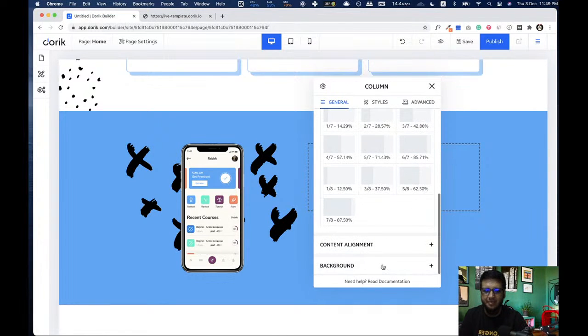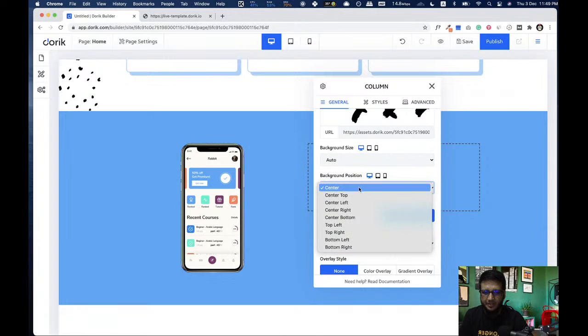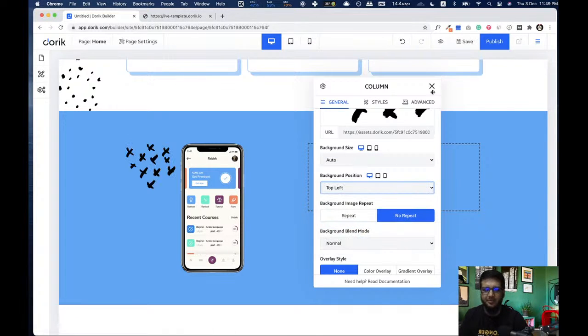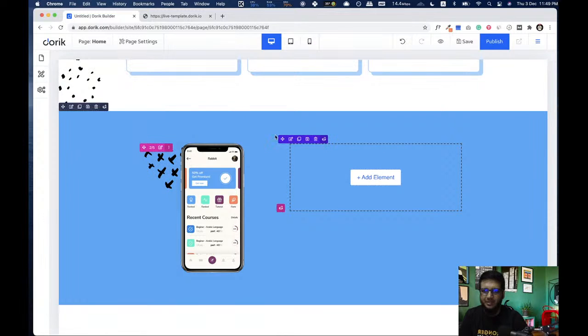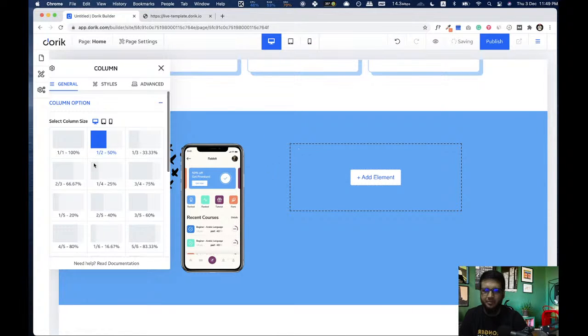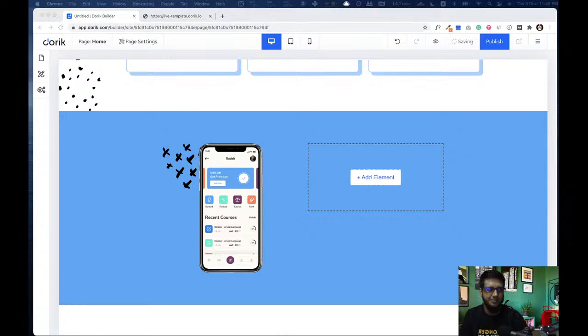Same as before, we are gonna make it auto and position it top left. I think we can reduce the column size a little bit. This can be 40%, this one also 40%, and this one too. So I think it's fine.